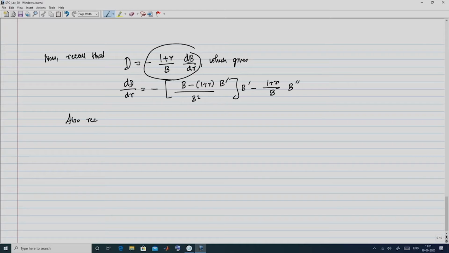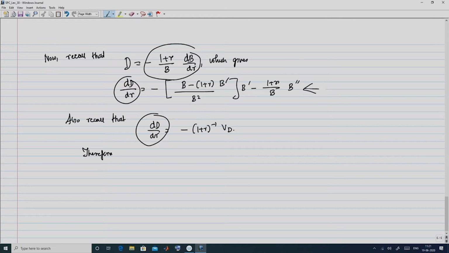Also, you recall another form of this dD over dr, and that was given by dD over dr is equal to minus of 1 plus r inverse into VD. So, therefore, what do we have? We can equate both these expressions for dD over dr, let me call them 1 and 2. So, therefore, equating 1 and 2,